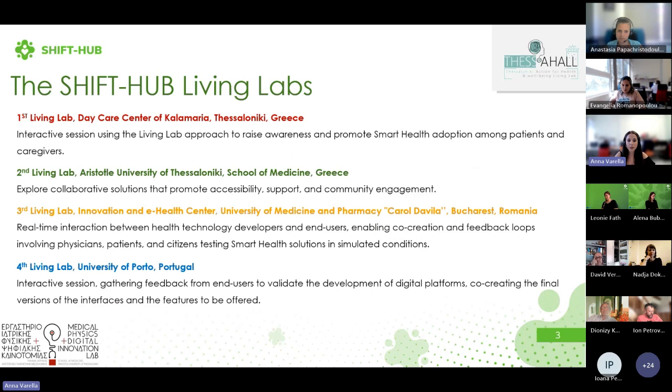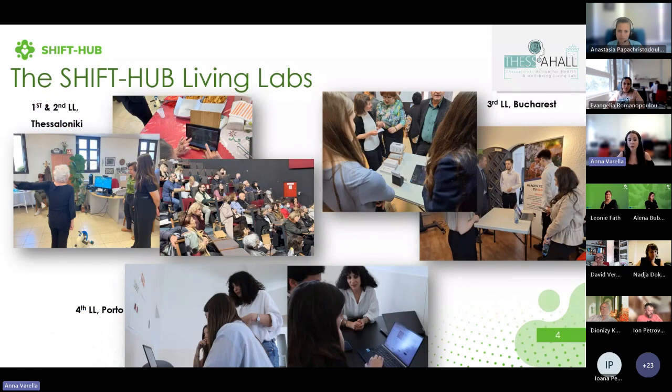During the ShiftHub project, we have already planned four different living labs. The first two were conducted here in Thessaloniki. Both living labs had the aim to have interactive sessions with different stakeholders, explore different solutions, and promote accessibility, support, and community engagement. The third living lab was conducted in Bucharest, Romania. There we had real-time interaction with different health technology providers and stakeholders, again allowing co-creation and feedback loops for these technologies. And the final one was conducted in Porto, Portugal, again through interactive sessions, gathering feedback from end users, aiming to validate different digital platforms. Here you can see some photographs of all those living labs. We can see multiple people, technologies,